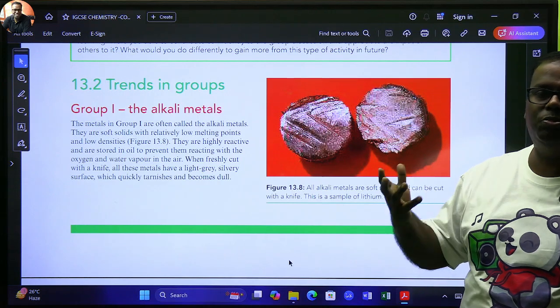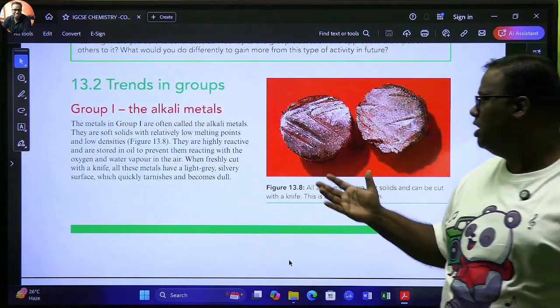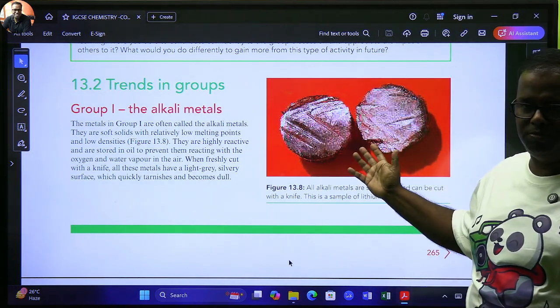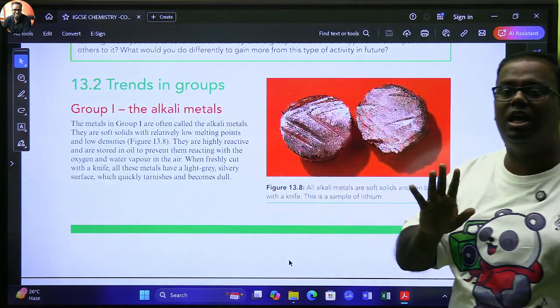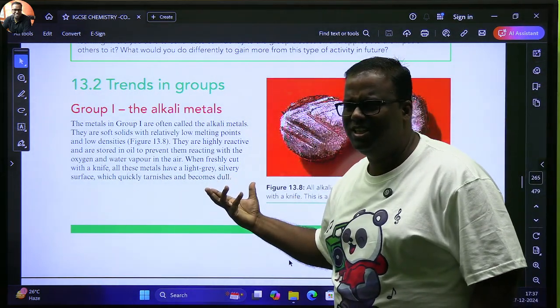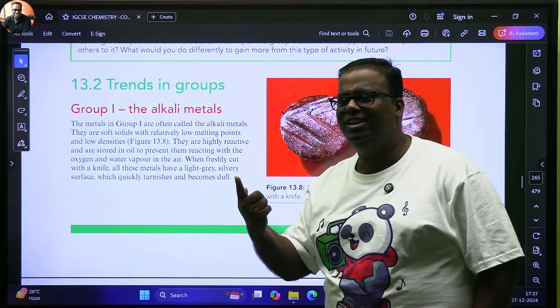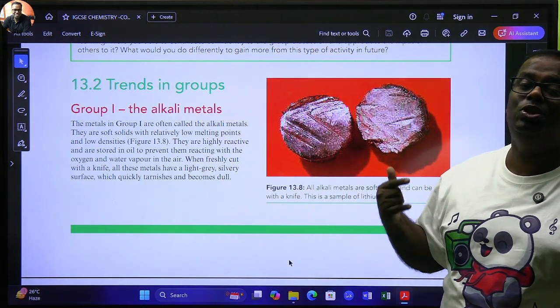Like if you have copper, gold, silver, they're very shiny. They have a lot of brilliance. You don't expect that much brilliance from them. That much shine will not be there, and it quickly tarnishes and becomes dull. Still, why do we call them metals? They are neither hard nor shiny, because they have the tendency of losing an electron